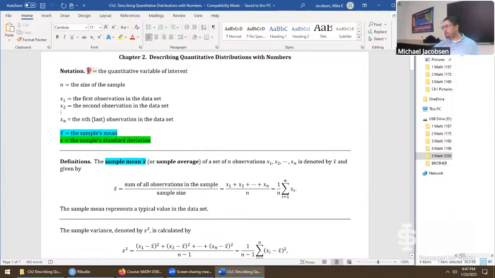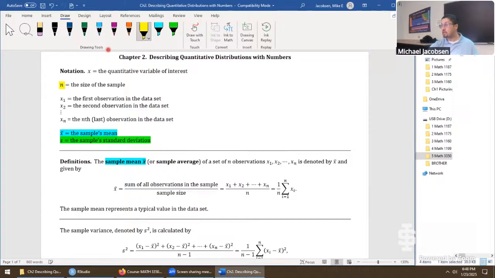First, for the common notation we're going to use in this class, if we just write down x alone, we're talking about a variable. If we know what variable we're dealing with, that x could be replaced with FEV, for example, or height or age, something like that. But generically, x alone is referring to a variable. We saw in chapter 1, n is always going to refer to the sample size. So how many observations we have in our data set. So that means if n is the sample size, x1 will be the first observation, through x2, and so on as we keep going until we get to the last observation, which must be described as xn because we have n pieces of data.